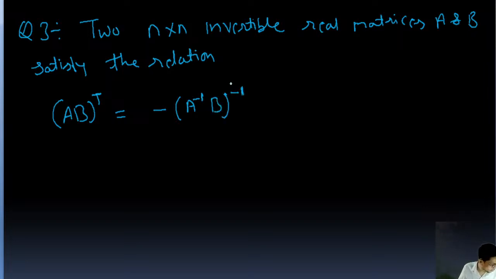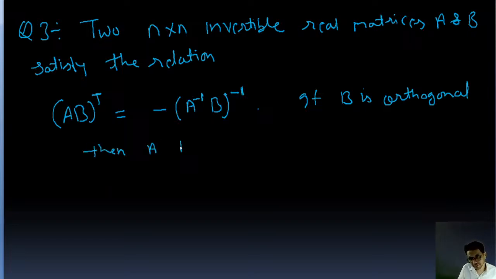Okay, if B is orthogonal, then A must be,